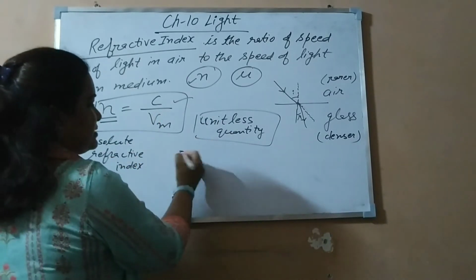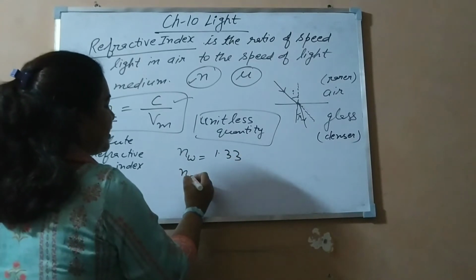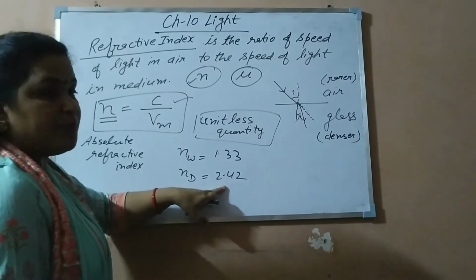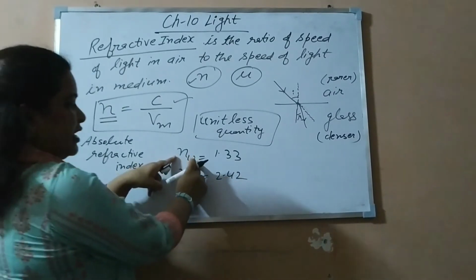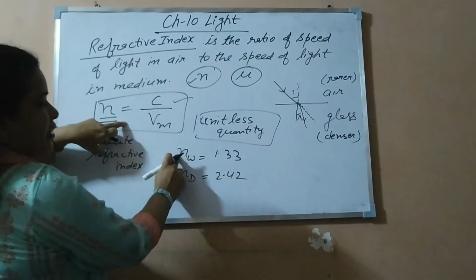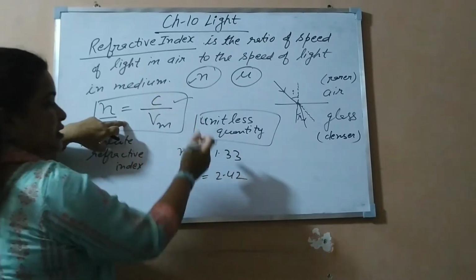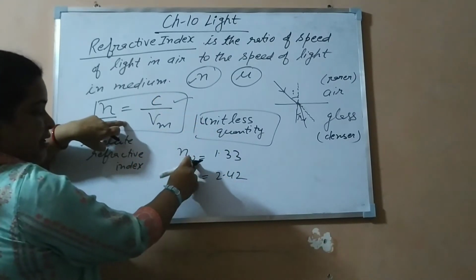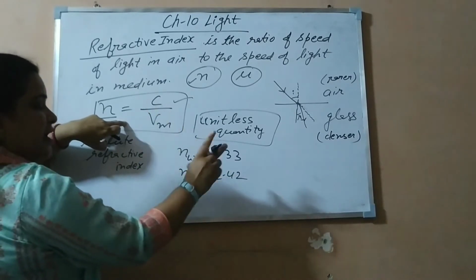Like, simply we can say that the refractive index of water is 1.33. Refractive index of diamond is 2.42. Now let us come to know the meaning of these. What is the meaning of this statement? We will apply this definition. Refractive index of water, and we are taking it with respect to air. So when air is the first medium, we never write it. We only write the second medium in case air is the first medium.